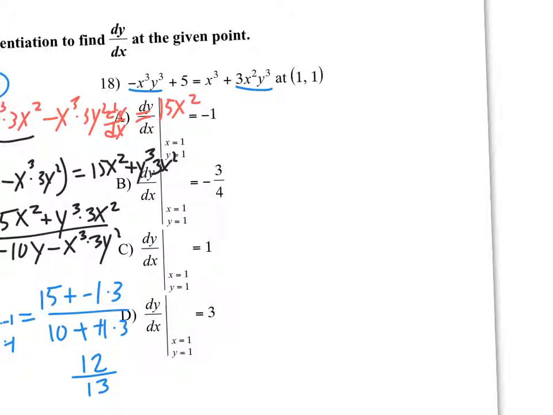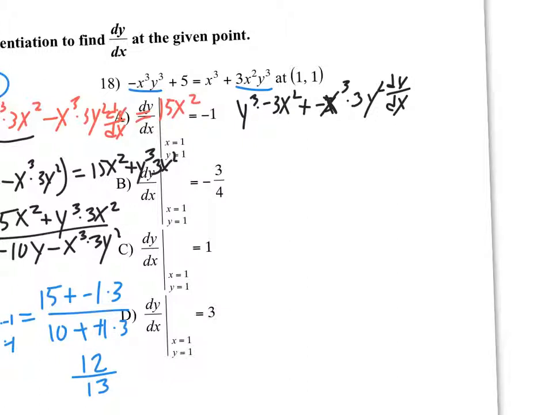Okay, so we've got the second, y cubed, times the derivative of the first, negative 3x squared, plus the first, negative x cubed, times the derivative of the second, 3y squared dy/dx,